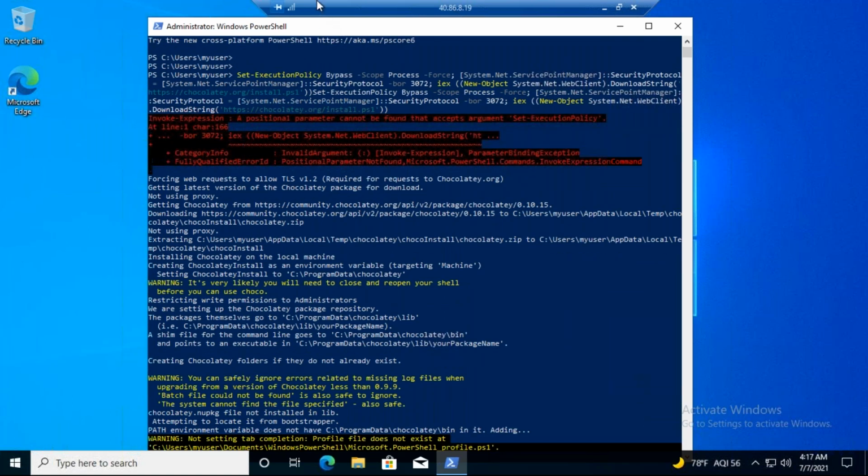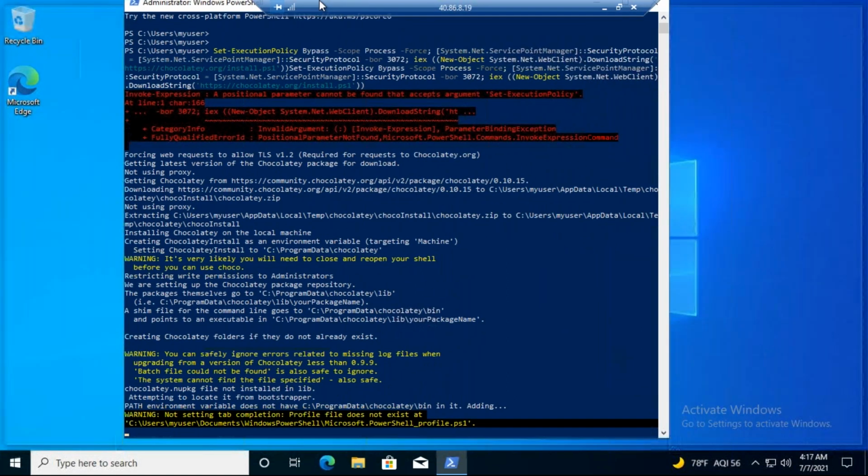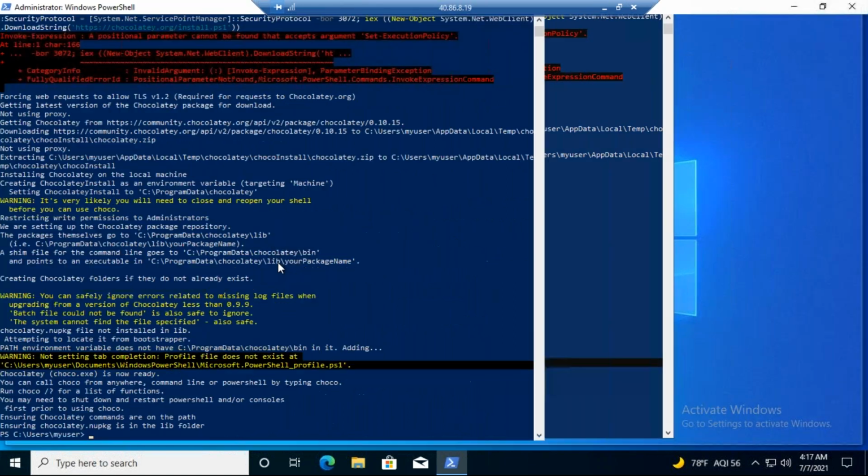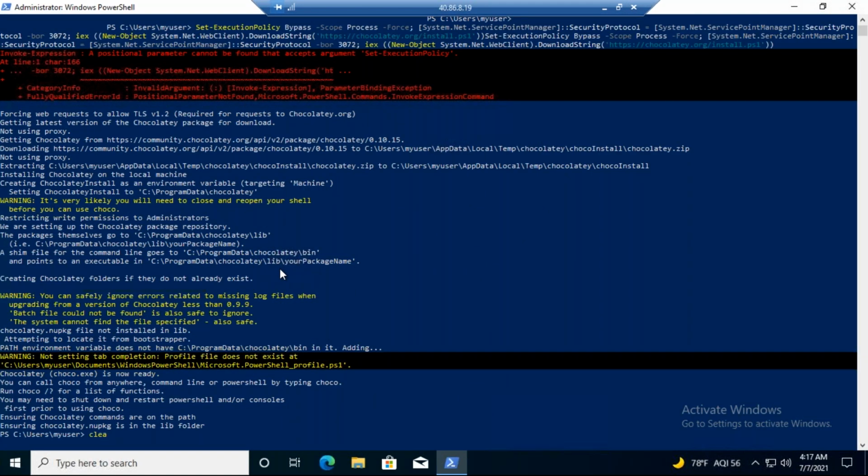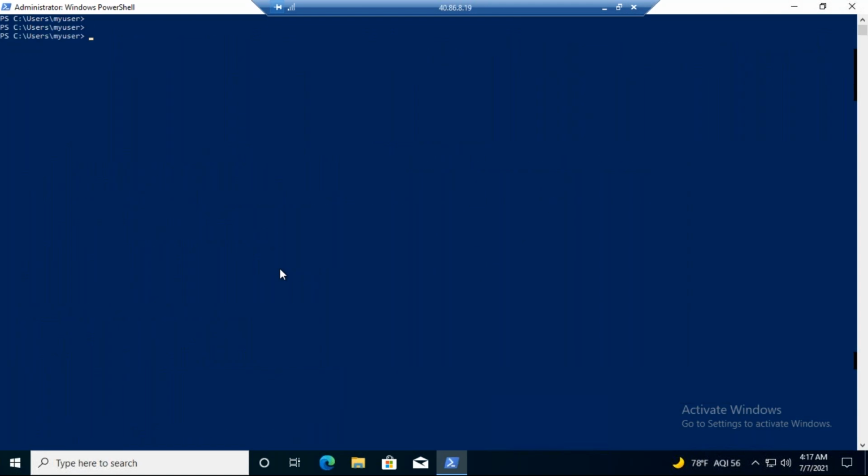Now my installation of Chocolatey is successful. How to confirm? Here type choco version. Chocolatey 0.10.15. My Chocolatey installation is successful.